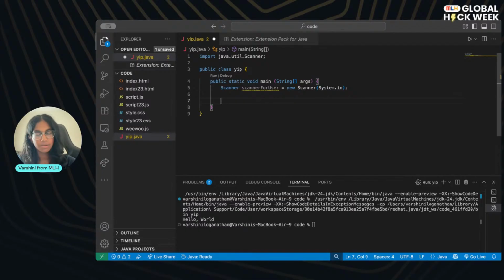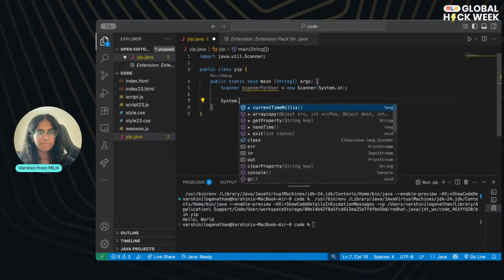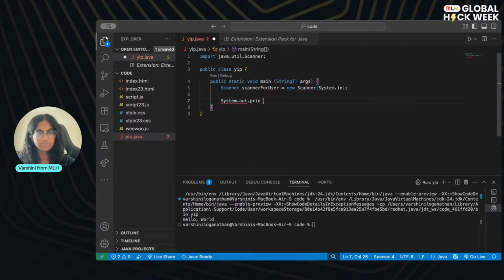So now we're going to do System.out.print. And we can ask the user for anything. I'm just going to do a quick little personalized name response. So "Enter your name." And you've got that going. I'm going to add a space here so there's a gap in between the output.